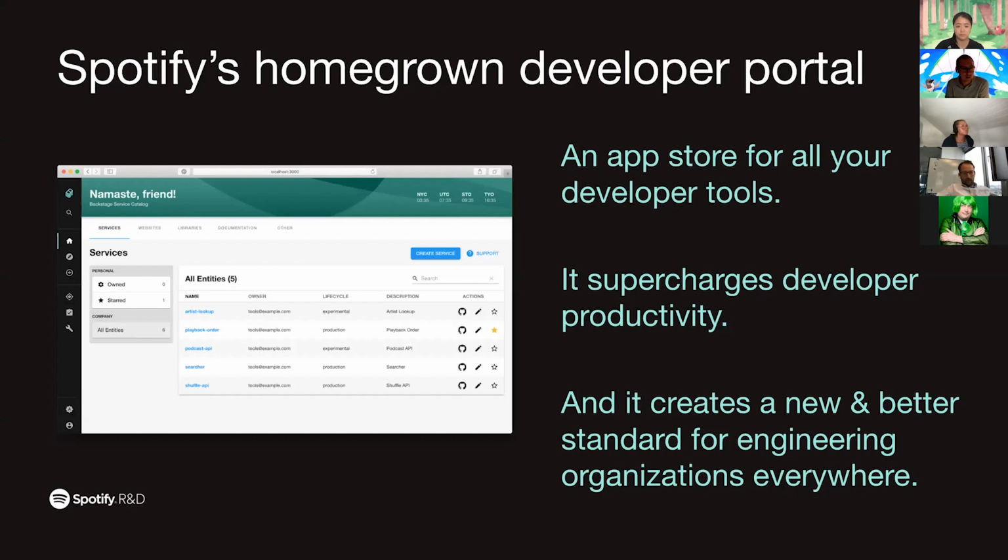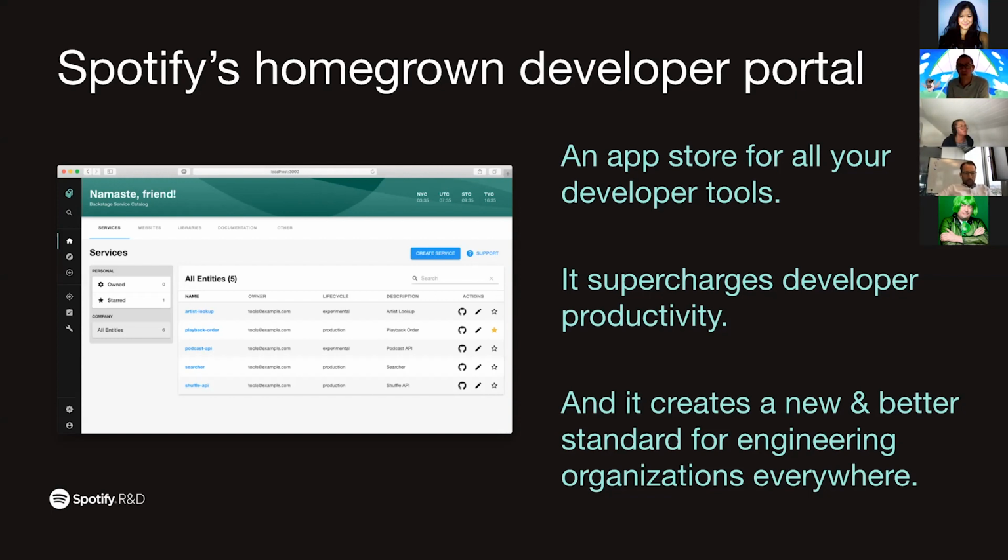So today we have over 130 different what we call plugins, and all of them are available in Backstage. On one hand, we have developers on what we call platform or infrastructure teams who are building and adding things into Backstage. And then on the other side, we have end users of this, which are basically the software engineers at Spotify who are working in autonomous small engineering teams who are using Backstage on a daily basis to build